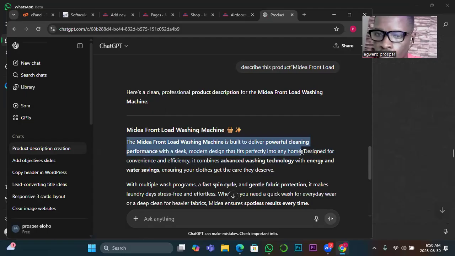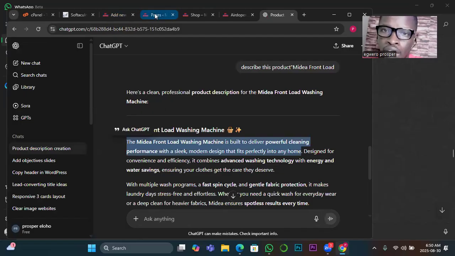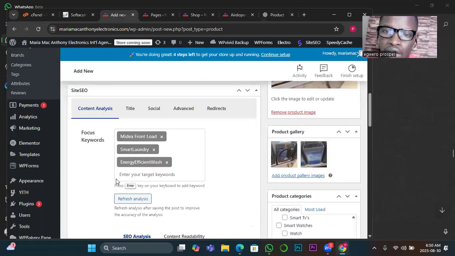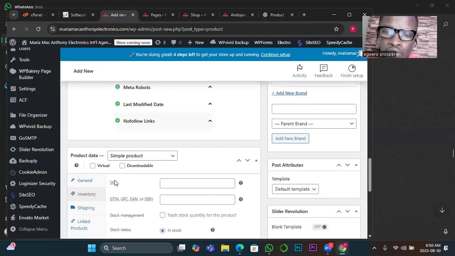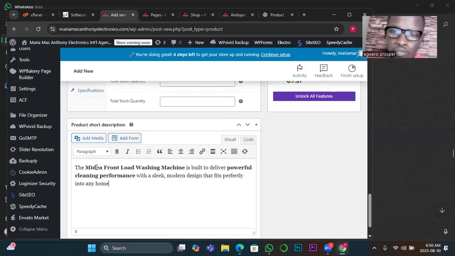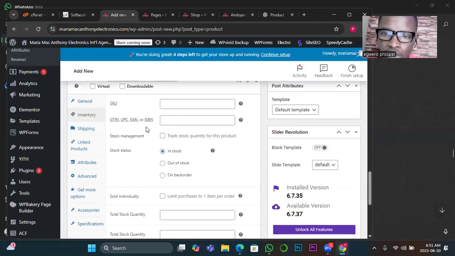I'll stop here because it's going to calculate the number of characters you have used. So if you have exceeded the required characters, it will tell you that you have gone beyond what is expected to be there. But we are still going. I've not really completed this. So let me just go